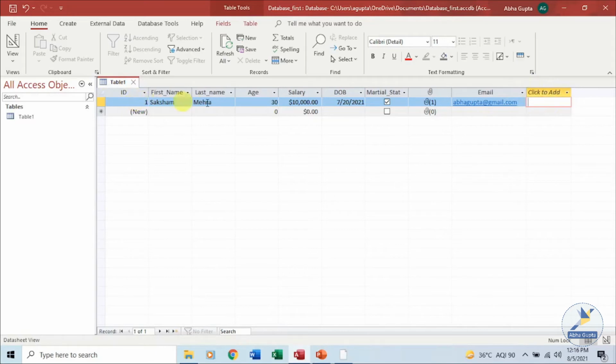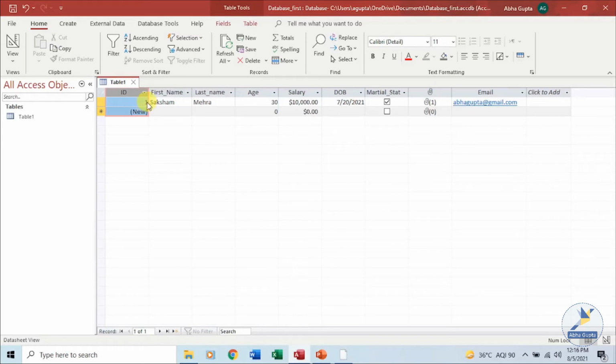And you can see over here what I was telling you, ID is the default field which has been given to you. If you want, you can have it. If you want, you can always remove it from here. This is the auto number data type. So it has been 1. If I enter another record, you will see 2, 3, 4, 5 and so on being assigned to you.